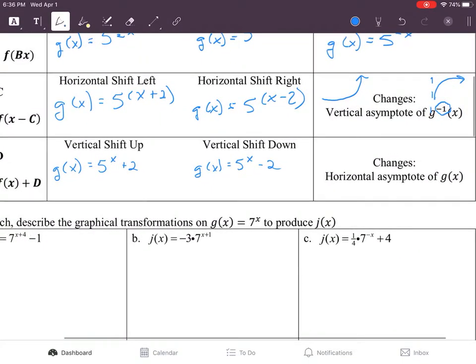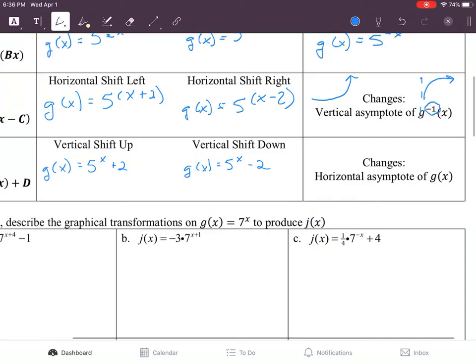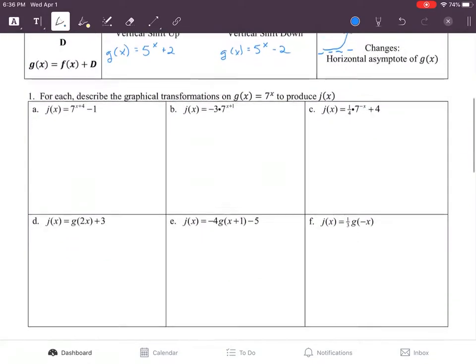Now what a vertical shift will do in an exponential function is change the shape of the graph, because the horizontal asymptote of this exponential function will be changed. If you remember, an exponential function looks like this. It has a horizontal asymptote. Well, if you change the graph vertically, going up or down, that horizontal asymptote will also change. Okay, let's do some examples